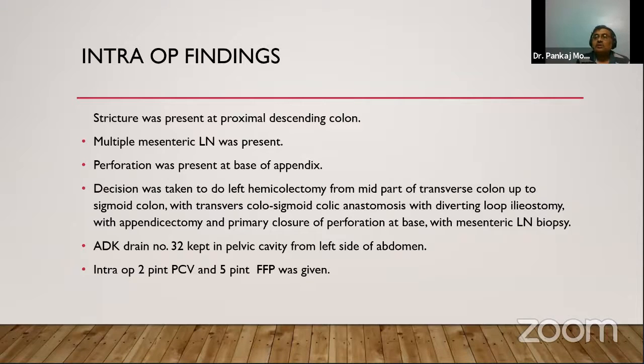Yes, sir. If at all you want to save it, what you can do is bring out the transverse colon as one loop and the sigmoid as another loop. That is the second option I will think of. If at all you want to save, but an ileostomy will not prevent it. But if you do the transverse colostomy, the possibility is that the cecum will be empty and then you can assess later. But an ileostomy as a loop, I will not do, because that will be in the very vital part, and later on if you have to compromise the whole cecum and ascending colon, the vital part of the terminal ileum will also go.